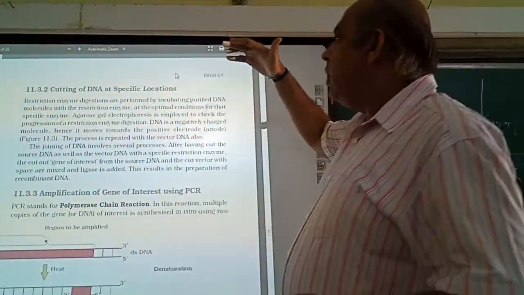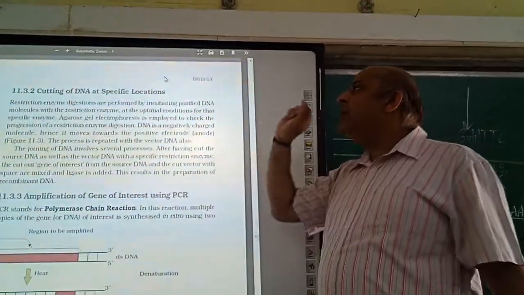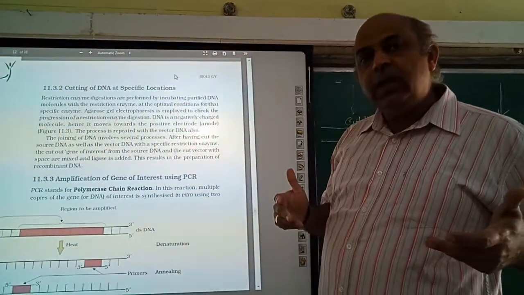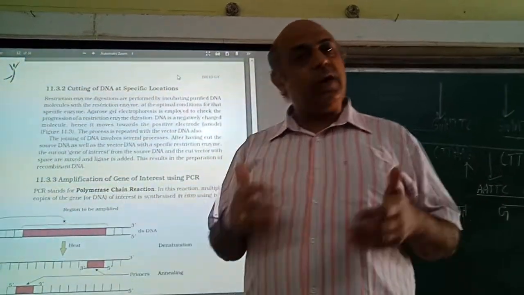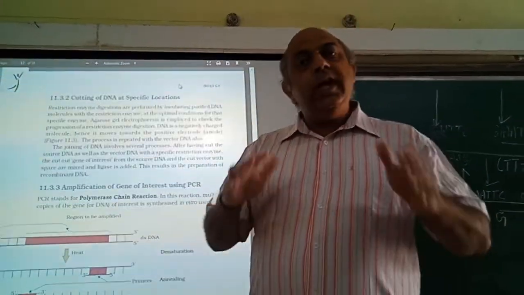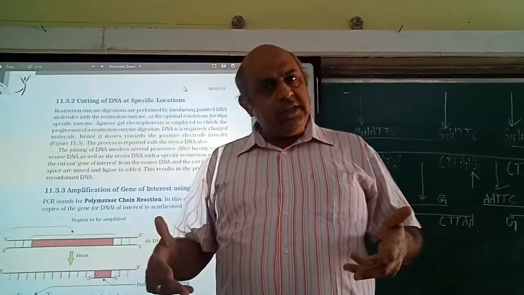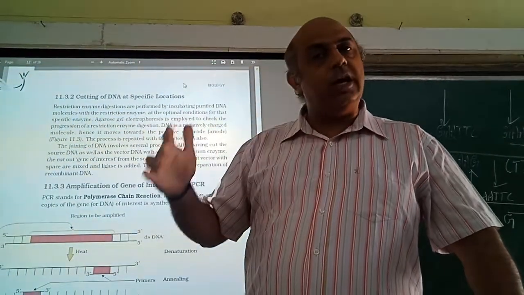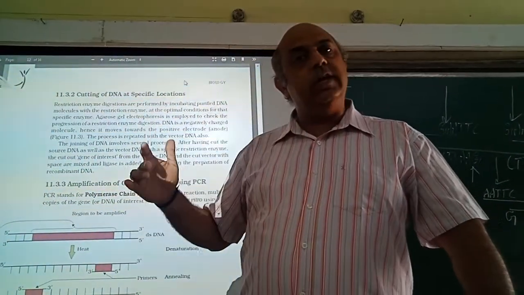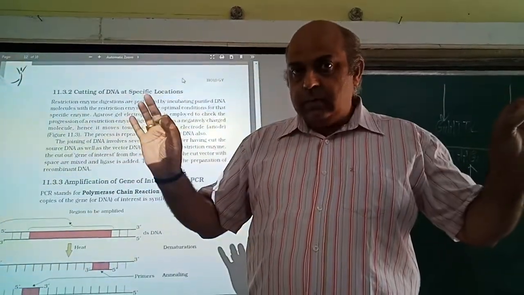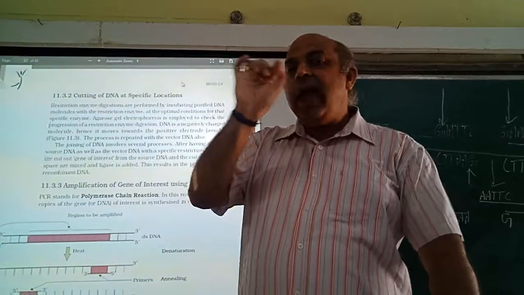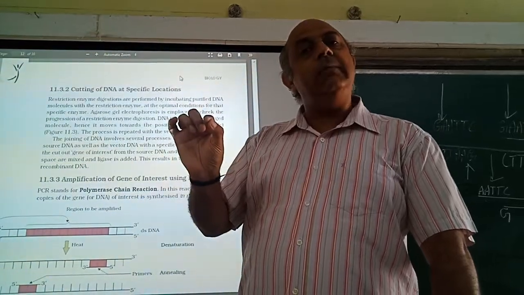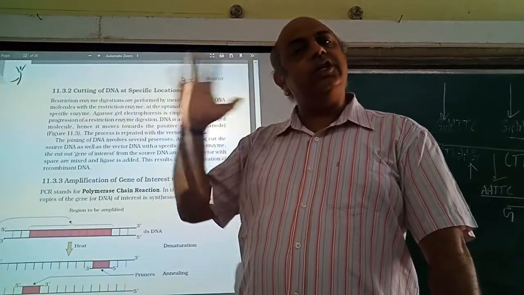So in this step we have to cut the DNA into small pieces, and again we are going to use restriction endonuclease enzymes, also called molecular scissors. We already know that at present we have more than 900 different types of restriction enzymes, also called restriction endonucleases. And one thing is common in all these enzymes: they cut at a particular site, and that site is specific for our restriction enzyme and is called their recognition site.